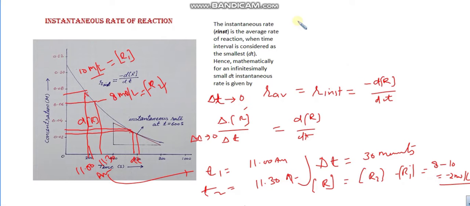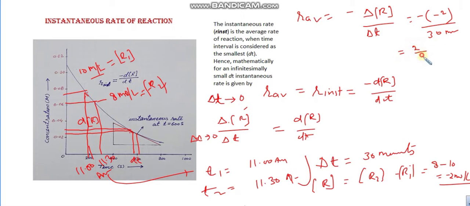So what will be the average rate? Average rate will be minus delta R upon delta T, so that is minus 2 upon 30 minutes. So it will be 2 by 30 mole per liter per minute. So this is average rate. And in case of instantaneous rate, suppose this time is